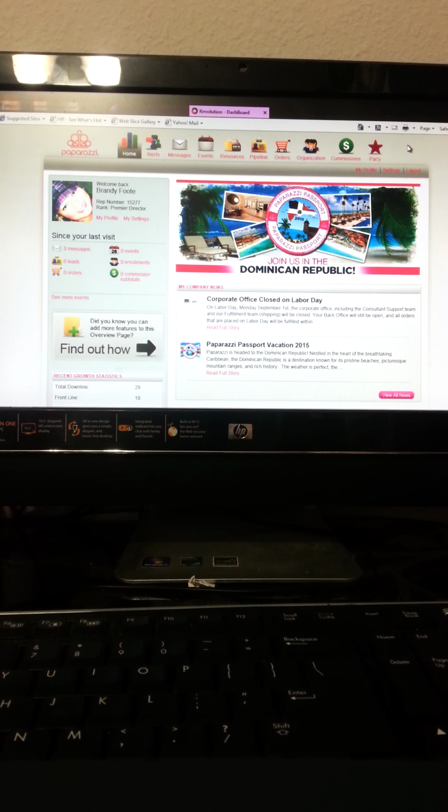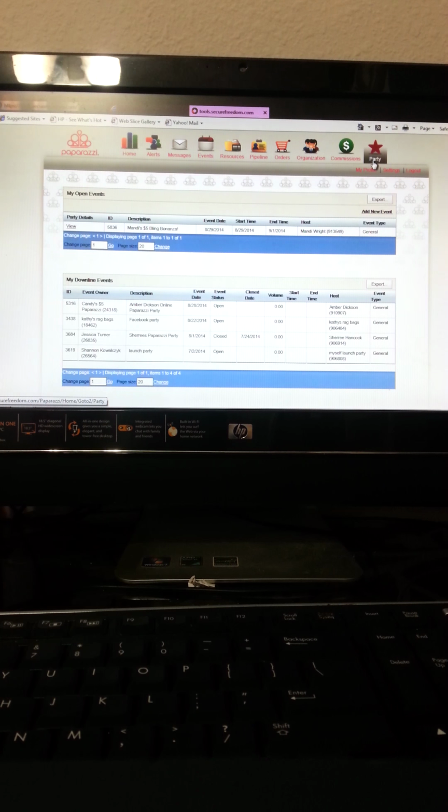So the first thing you're going to do is log into the back office, and then you're going to click on the party tab, which is the pink star in the corner. So click on party, and then you'll see your downline if they have parties, as well as your parties right here. So click in the top right corner, click on add new event,